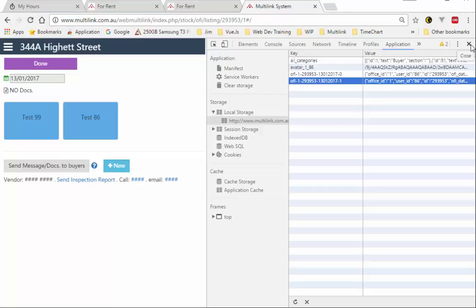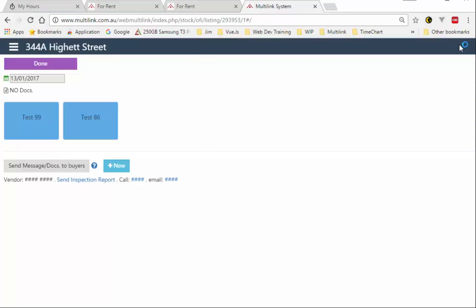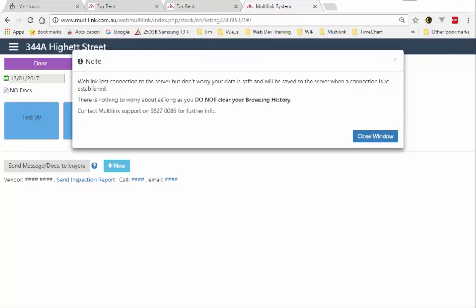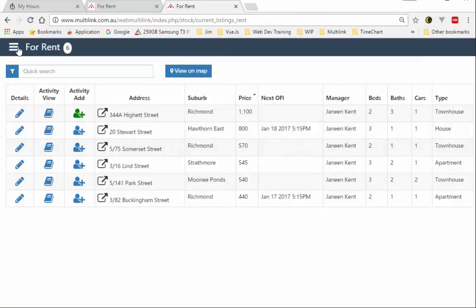Okay, so I've got two people in there. I've added them, but I'm currently offline, so they haven't been saved to the server. And now I'll click done. Okay, it comes up with this message. You don't have to worry about creating this message. We don't need it. It's just a message saying, don't worry, you've lost connection. Don't worry, your data's safe, all that type of stuff. So I'll just keep going